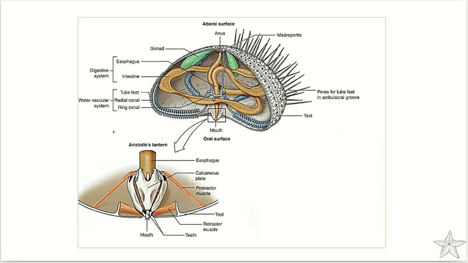So these calcareous plates and the teeth associated with each plate are moved back and forth with the help of the muscles associated with them, and this helps in cutting the food into pieces, and hence it is referred to as a chewing apparatus. The mouth cavity leads into the pharynx, from there to the esophagus, and a highly long coiled intestine which ends aborally at the anus region.